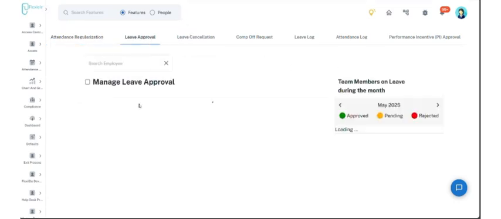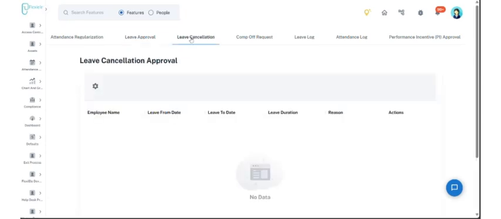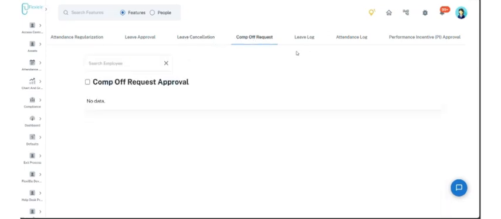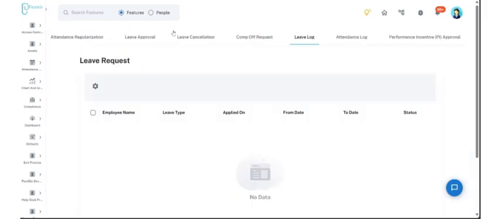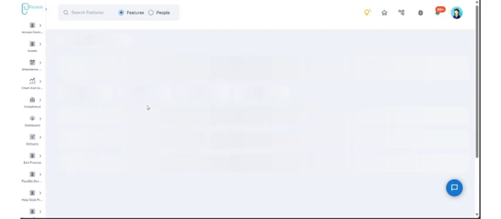In the leave approval process, the data will be presented in three colors: green for approved, yellow for pending, and red for rejected. In the leave cancellation section, the data will include employee name, leave from and to date, leave duration, reason for the leave cancellation, and the corresponding action. With intuitive color coding statuses and efficient search capabilities, it empowers the HR team to make informed decisions quickly, enhancing overall